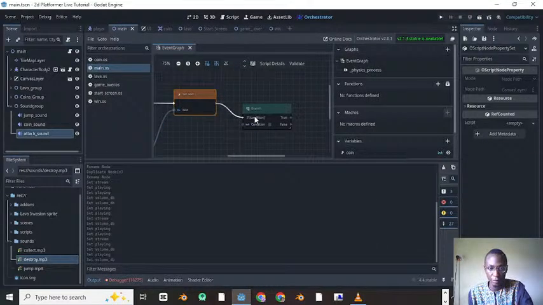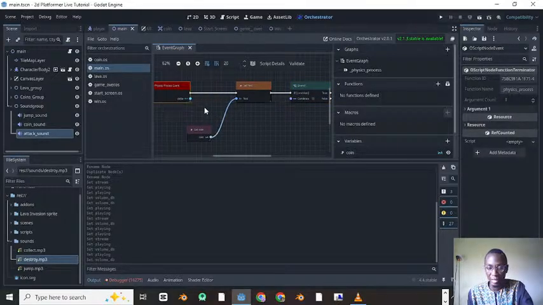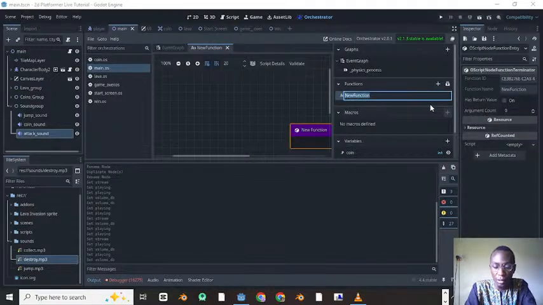And just put this here. Now this code does a different thing altogether. We could make it a different function. In fact, I think I might even want to make it a function on its own so that it's not confusing to anybody. So I'm going to click on function here, call this